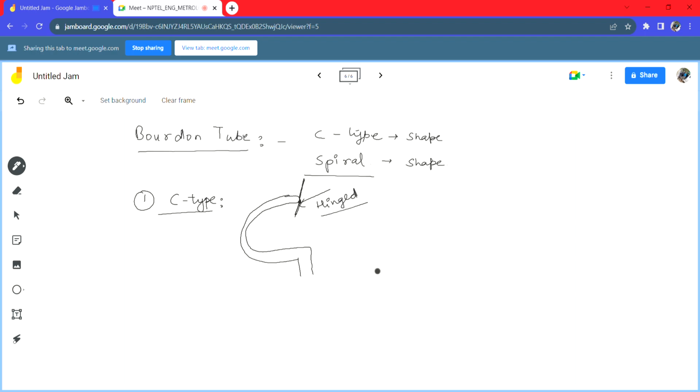This will be used as the marker. And now let us say this is the end at which we start applying pressure. So because one of its end is fixed and on the other end we are applying the pressure, the change